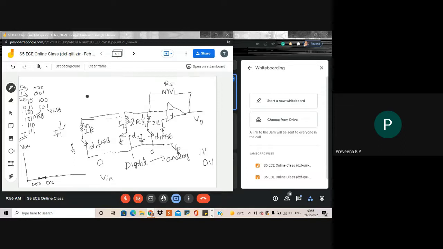See, in the case of a DAC, usually that voltage is given by V reference divided by 2 raised to 3. For a single bit, the resolution is V reference divided by 2 raised to 3. Suppose V reference is 5 volt, what is its value? 5 divided by 8. So for a 1 bit change, the resolution of the DAC, what is the meaning of resolution? The minimum change in the input that the DAC